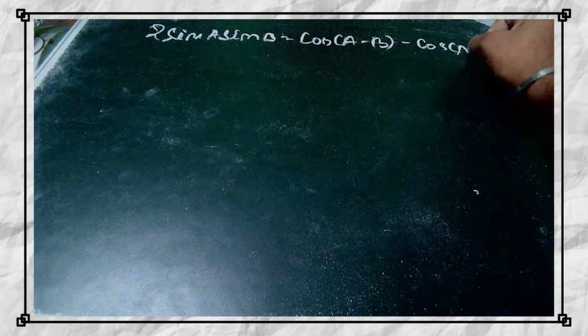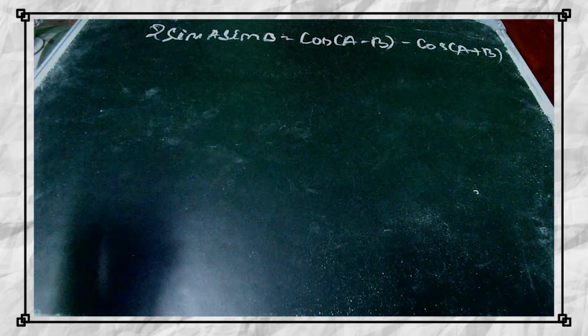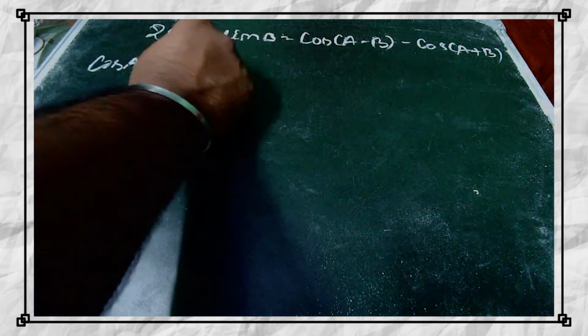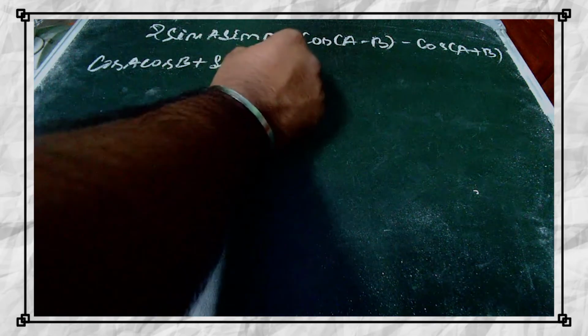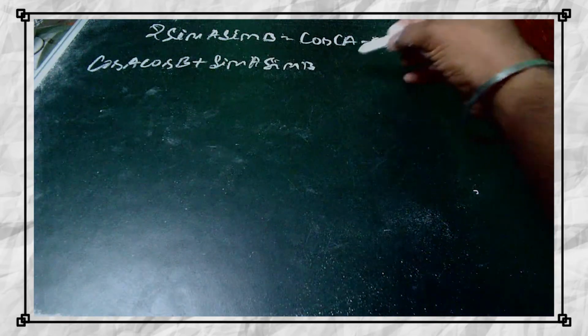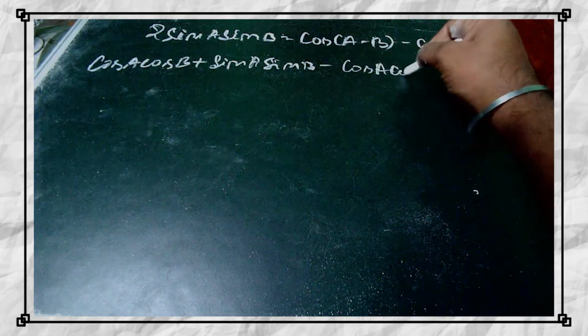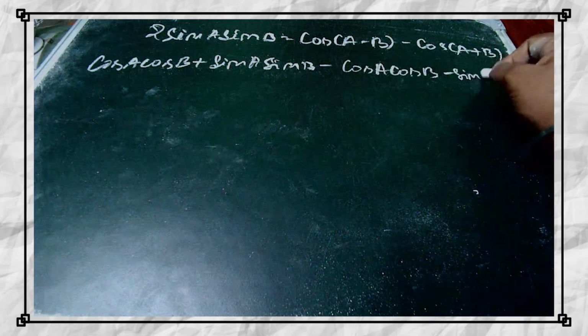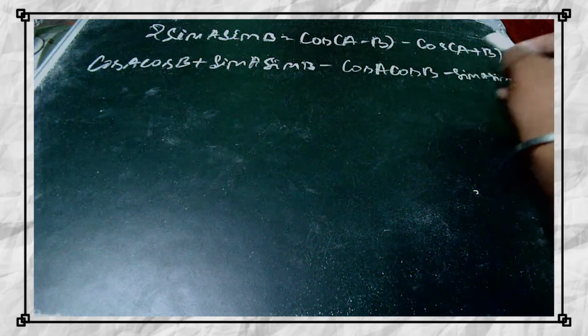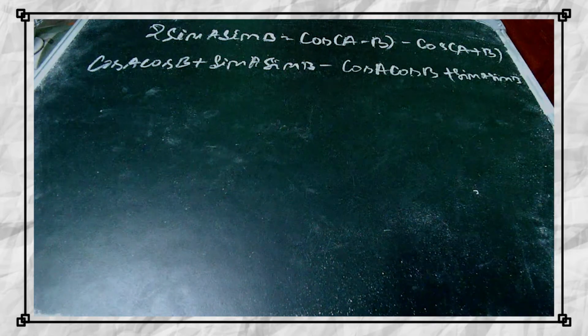Our next trigonometric equation is 2 sine of A into sine of B. The value of 2 sine of A into sine of B is cos of A minus B minus cos of A plus B. Now let's see how this formula is derived. Cos of A minus B we can write as cos of A into cos of B plus sine of A into sine of B, and minus cos of A plus B we can write as cos of A into cos of B minus sine of A into sine of B, and this minus becomes minus minus plus, so